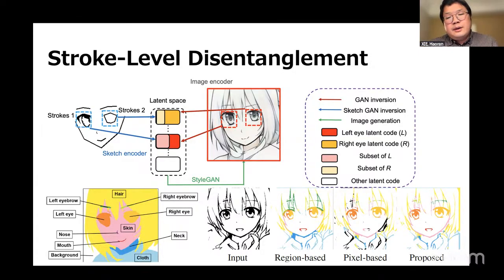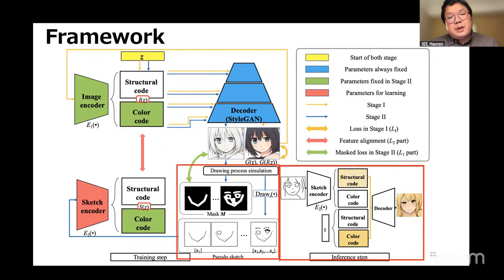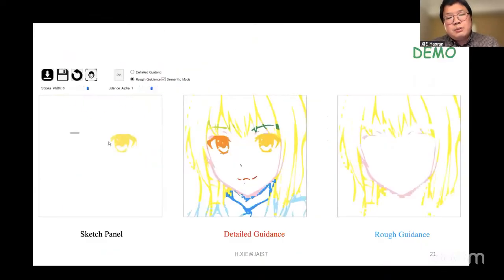This paper is based on StyleGAN, since the diffusion model was not so popular at that time. We use StyleGAN, especially the structure code and color code, to control and help the drawing process.